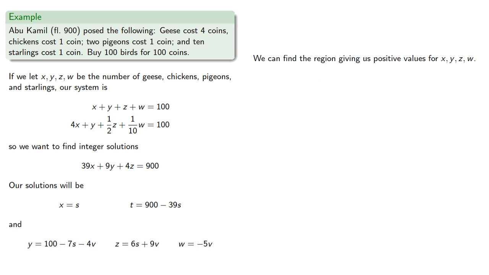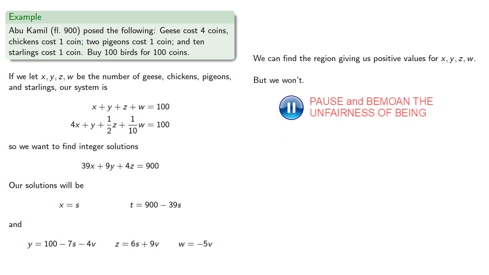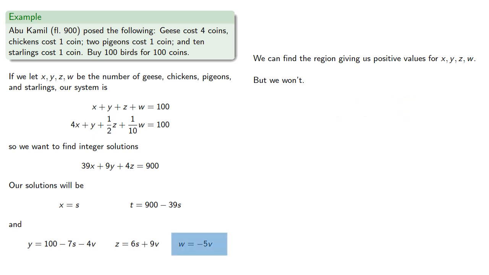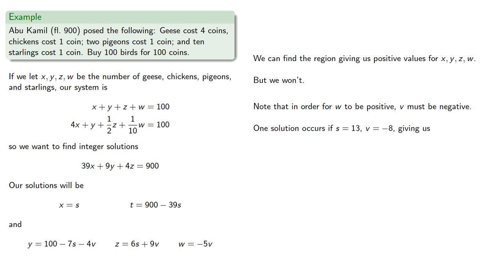So we can find the region giving us positive values for x, y, z, and w, but we won't, because that's a lot of work. Note that in order for w to be positive, v must be negative, and so we note that one solution occurs if s is 13, v is negative 8, which gives us